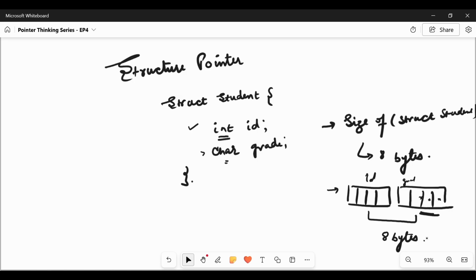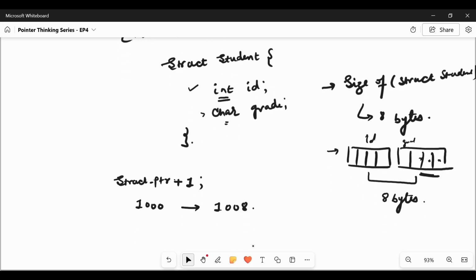So when the movement occurs, let us take struct pointer plus 1. If the first address is at 1000, the next address will become 1008. So the complete data type, plus 8 bytes or the size of the structure, and all this movement is done automatically.